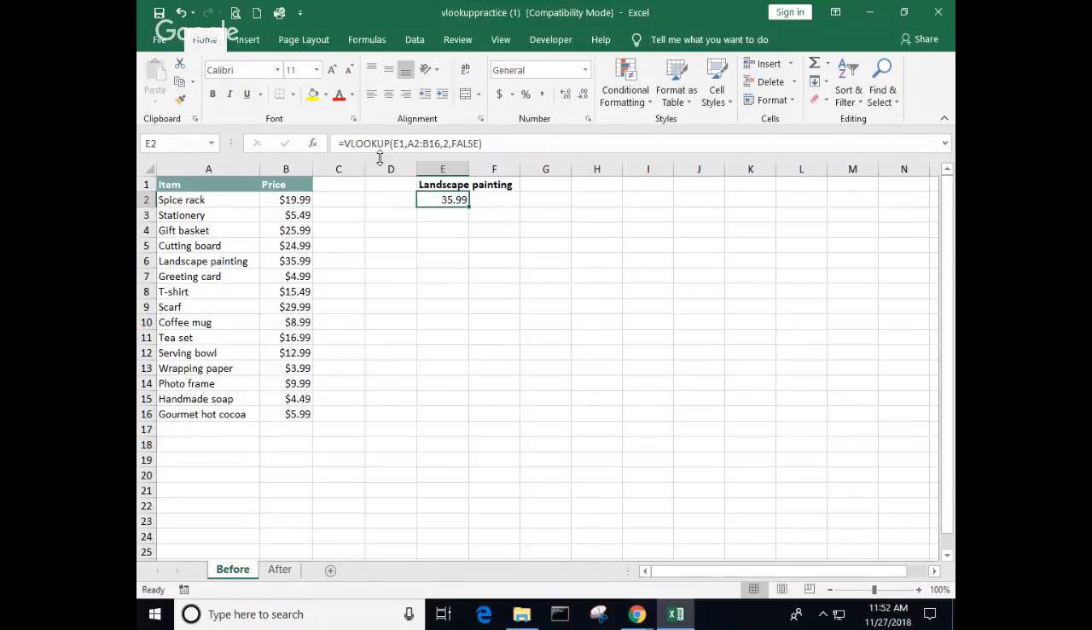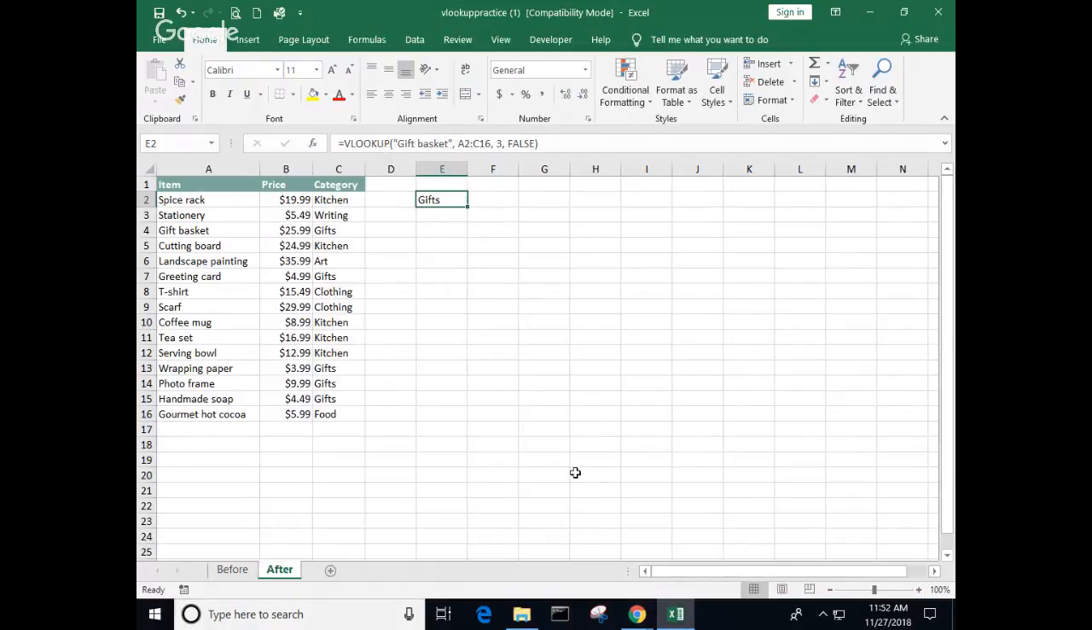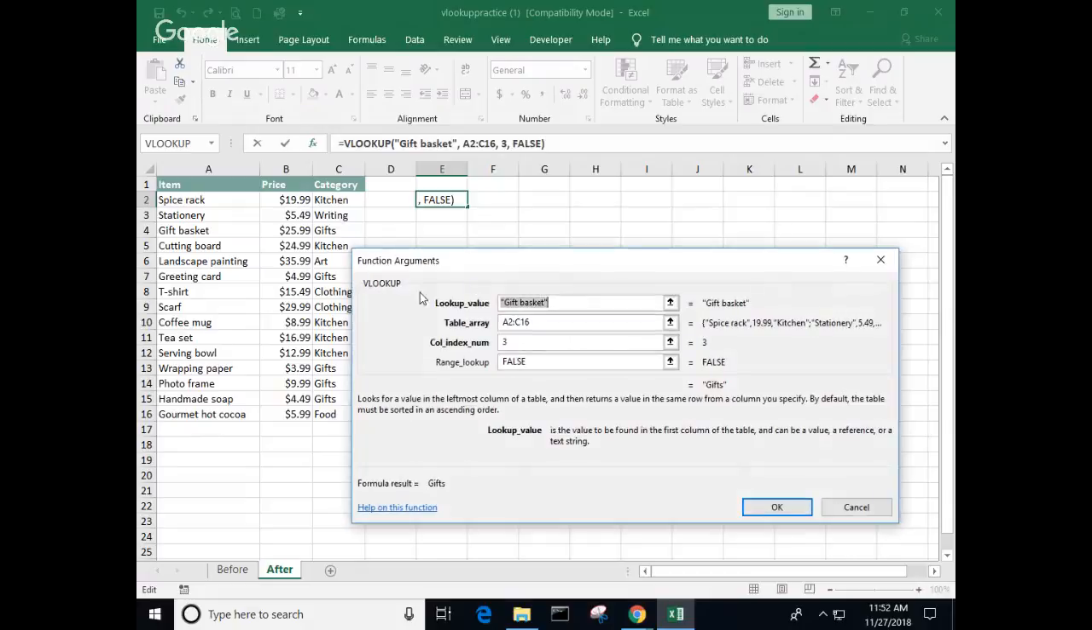So I personally think that's a little bit handier than just having the one deal. This makes more sense. Now, the second tab in there called After, they've actually added a category called gifts. And they're doing something similar here. So I'm actually going to change theirs. They've got the VLOOKUP all set up,